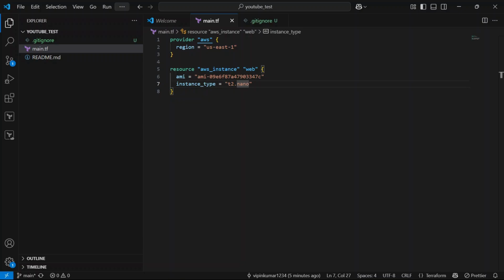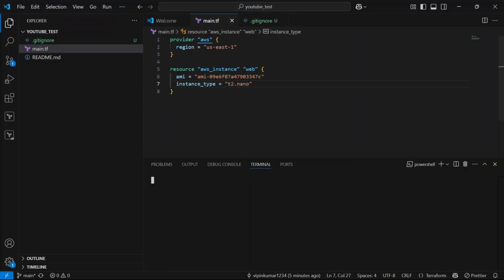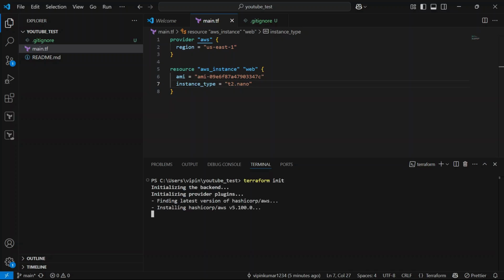terraform init. Let's run terraform init to initialize the backend. I am not using any .tfvars file for now because I am not working on that kind of infrastructure.